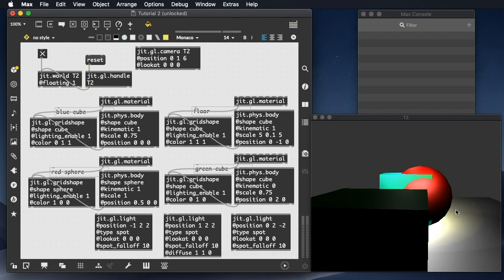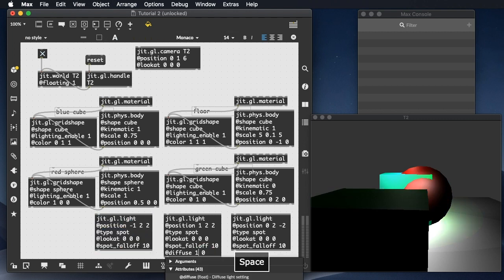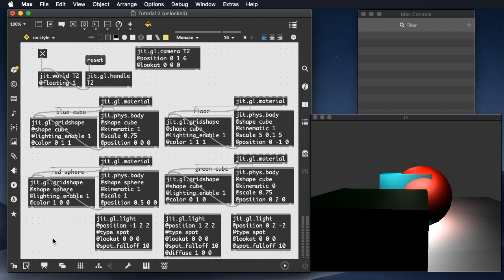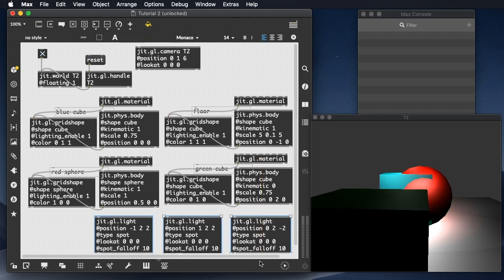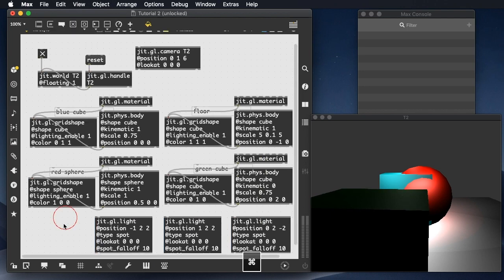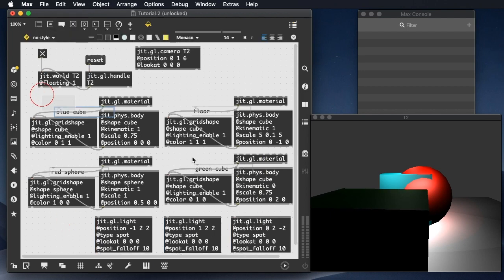And now we can see that one of my lights is yellow. Or a red light, that looks nice. So that's the basics of lighting, and I'll show you, one of the things we can't do right now is